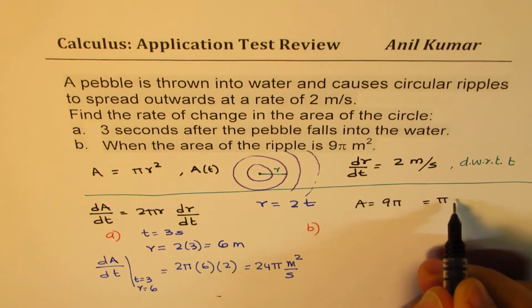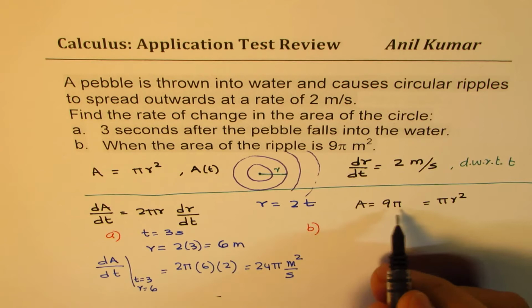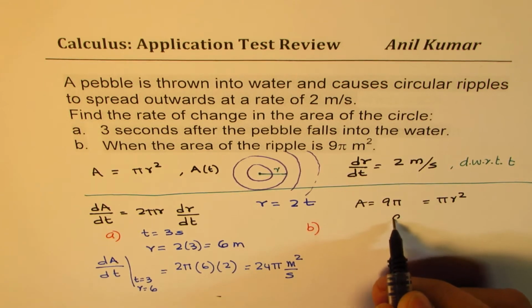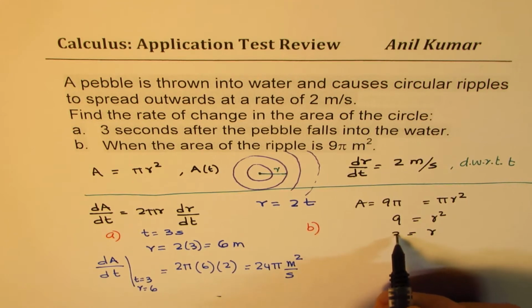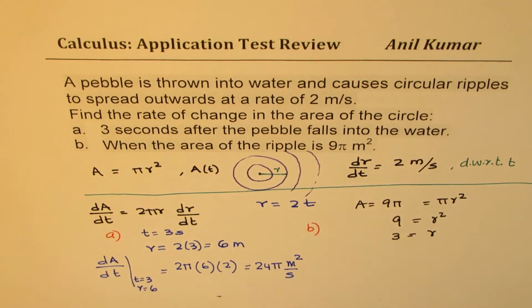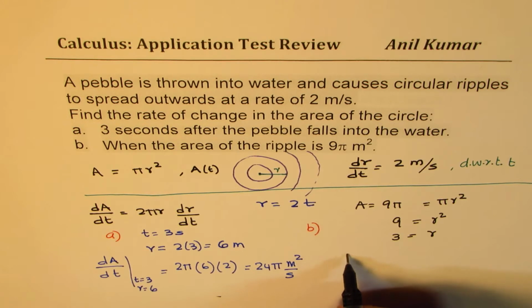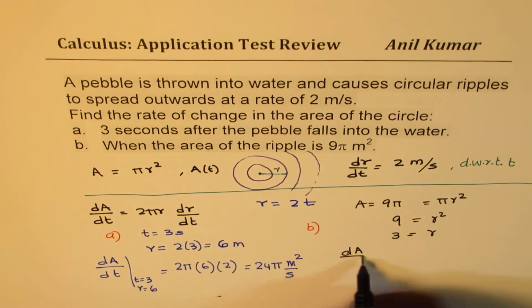That should be equal to pi r square. And from here, pi and pi cancel. We get 9 equals r square, and that gives you r as 3. Okay? Now you know what r is, and now you can say that the rate of change of area with respect